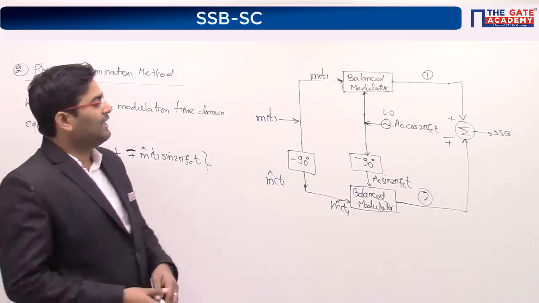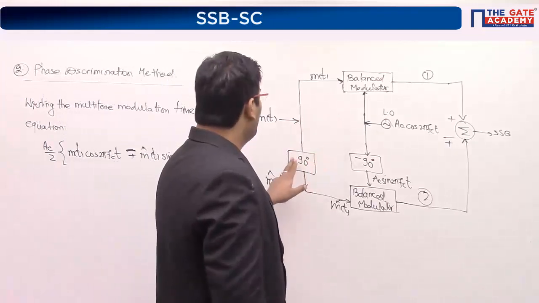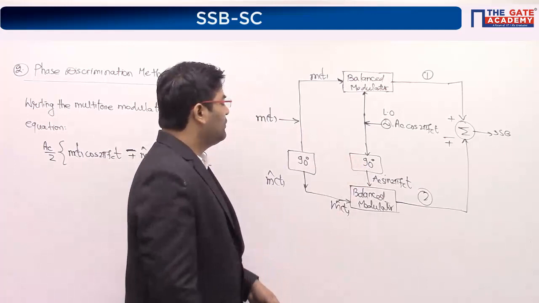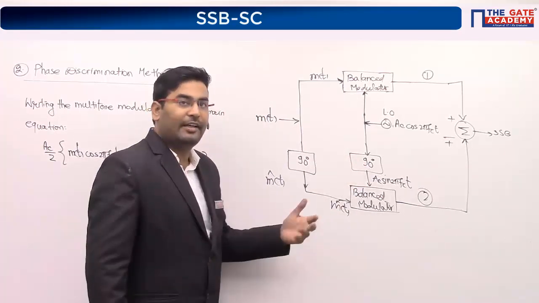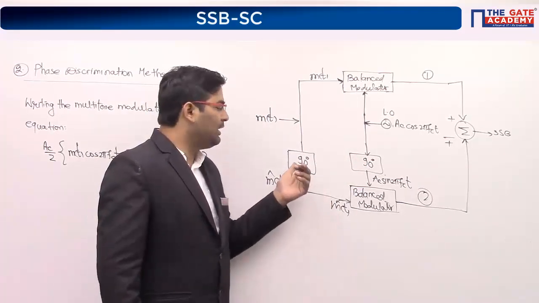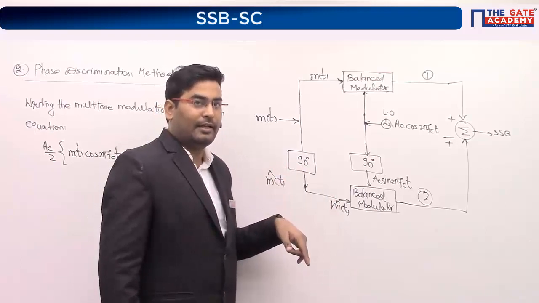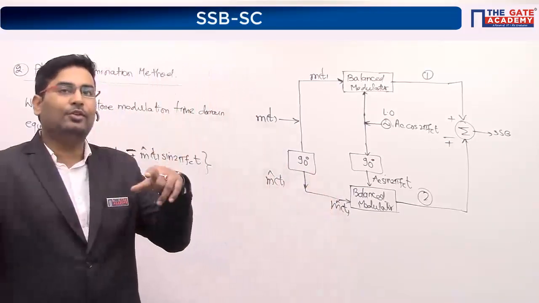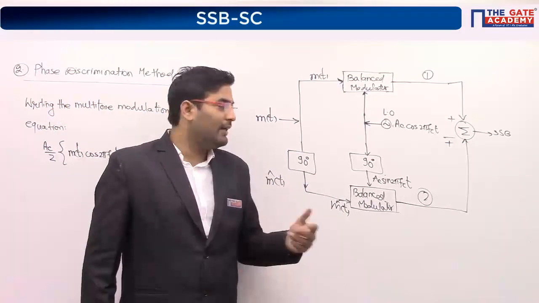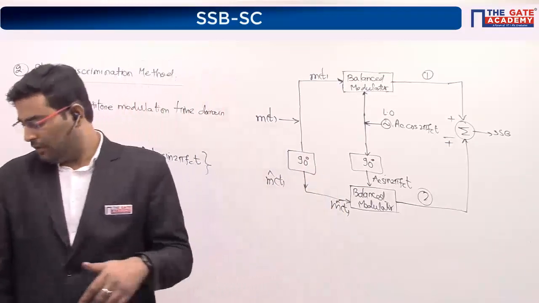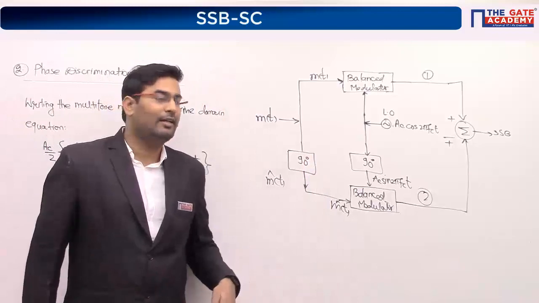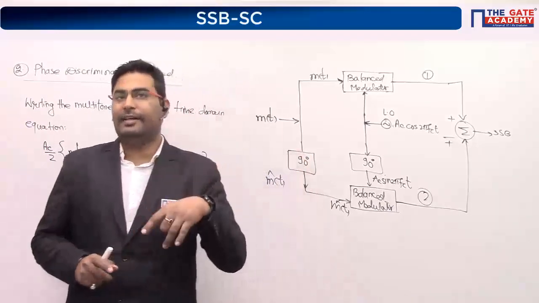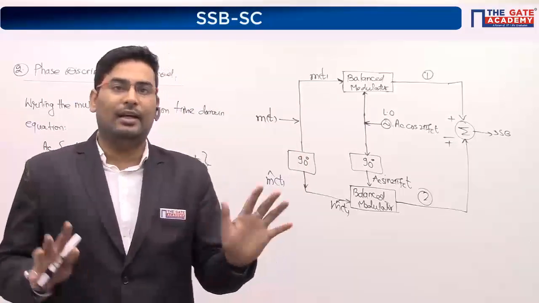So generally when I say 90 degree phase shift, you don't need to write minus 90, you can also write 90, but it's good to write. When you say 90 degree phase shift, you have to do the delay, you have to subtract 90. So you either write 90 or minus 90, and you know what you have to do, right? You have to subtract 90 degrees from the phase. Some books will write minus 90 degree, which means you have to just go and add. But if they are writing 90 degree, go and subtract 90 degree. Clear?